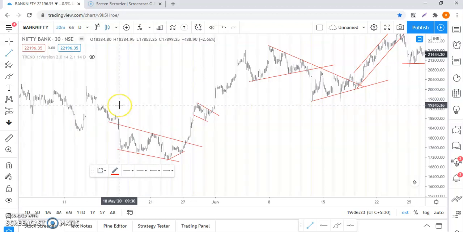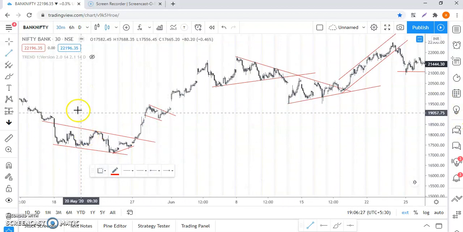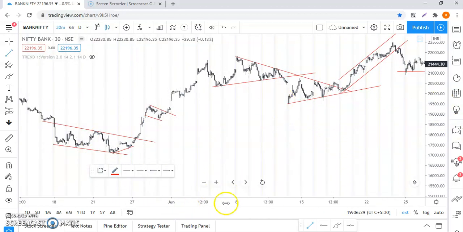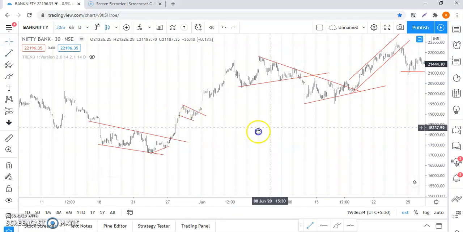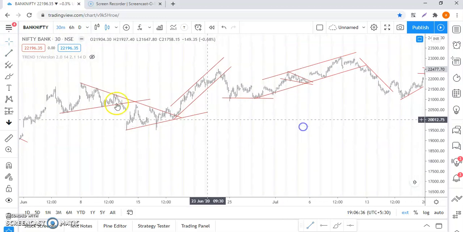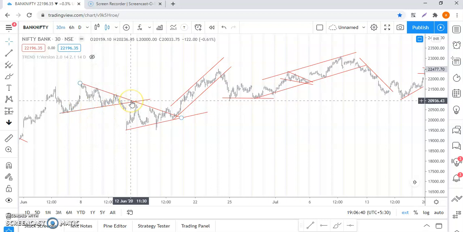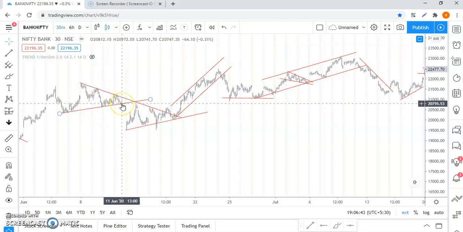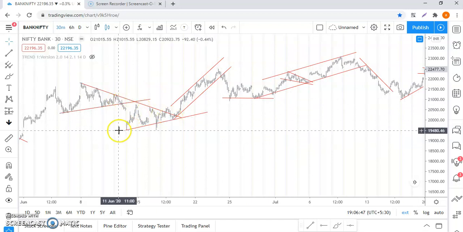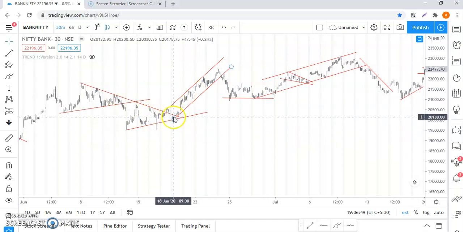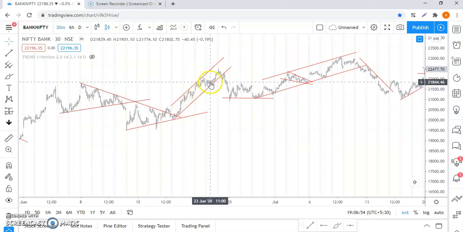It's very easy to draw chart patterns here. I keep drawing this, so you should keep identifying the chart patterns regularly and trade accordingly. See, this is a triangle chart pattern. Once you see this kind of chart pattern appearing in your chart, it is indecision. It can go up, it can go down. See, it went down here. Again we found another triangle, it went up, retested, and it again went up.